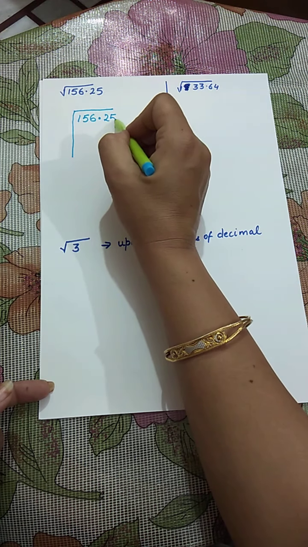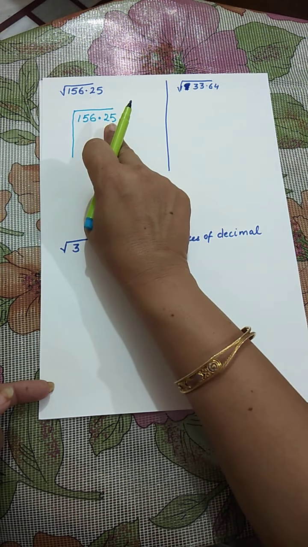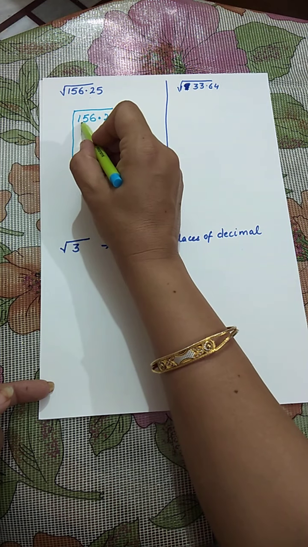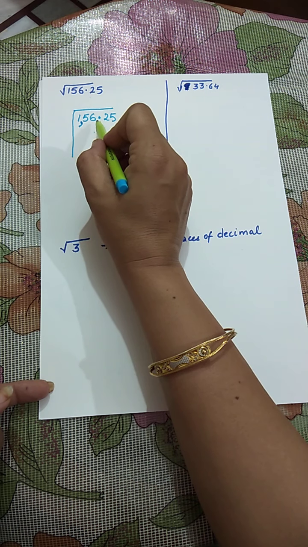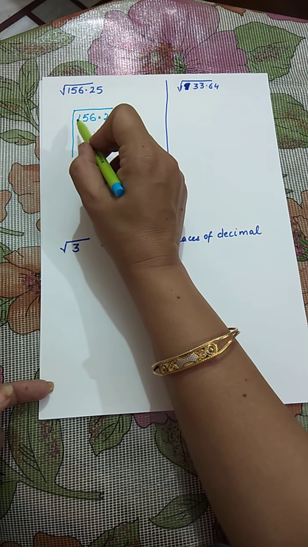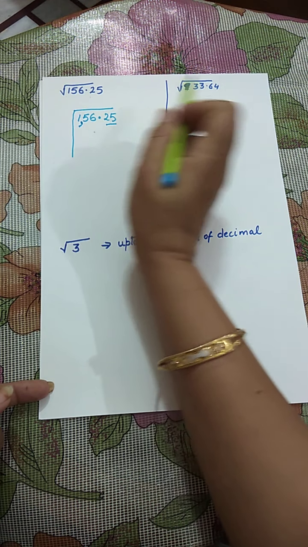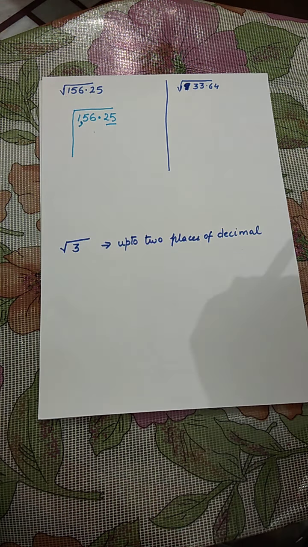Now over here the pairs are made in such a way that this is the decimal part and this is the whole part. For the whole part you are going to make pairs from the back, like this, and for the decimal part you are going to do it from the left side. You are going to make a separate pair of the whole part and the decimal part. So over here you have only one pair, 25, so there will not be any confusion regarding this. Now the rest is the same.